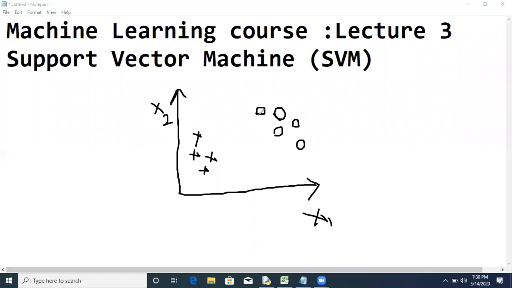One category is cross and one category is circle. In one category, there are crosses. In second category, there are circles. So there will be some circles in category 1. Suppose this is category 1 and this is category 2.